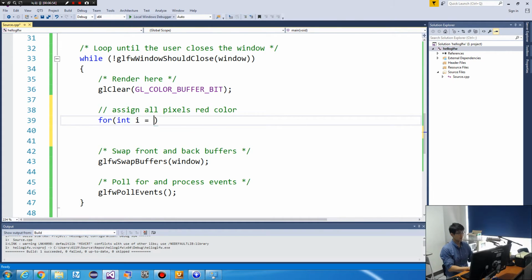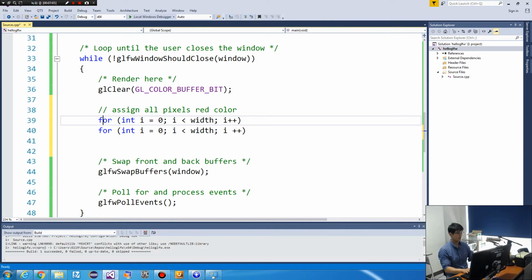So for integer i from 0 to width, i plus plus, and j from 0 to height.